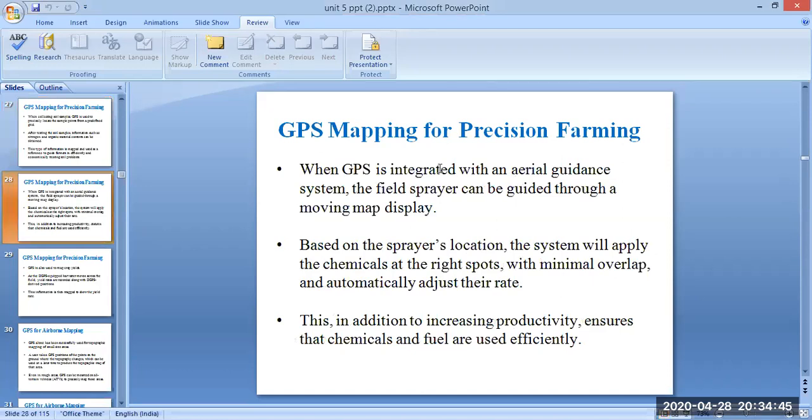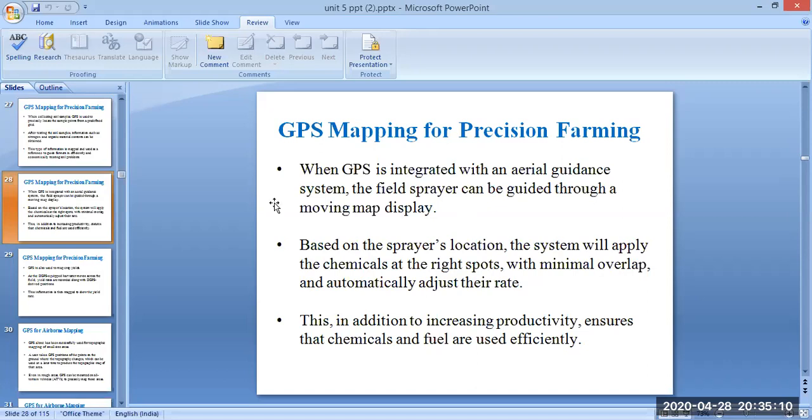Next. When GPS is integrated with an aerial guidance system, the field sprayer can be guided through a moving map display. Here the field sprayer will be moving with respect to the map display. The moving map display is obtained from integrating the GPS with an aerial guidance system, which uses an aircraft system.